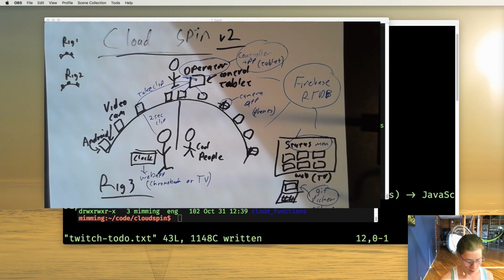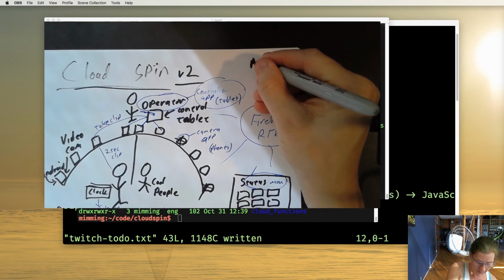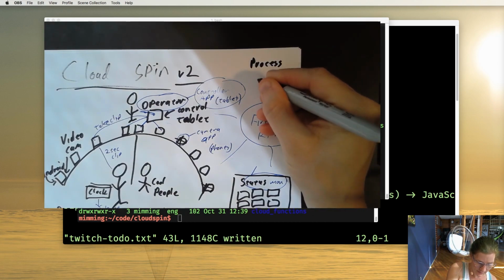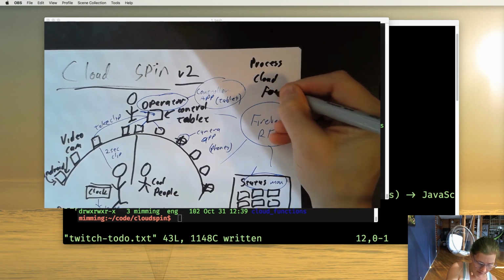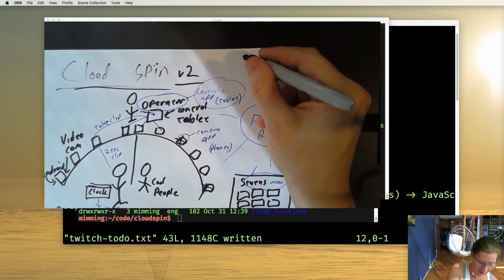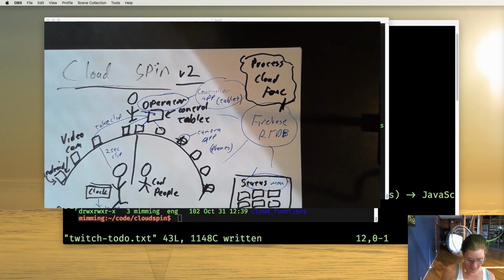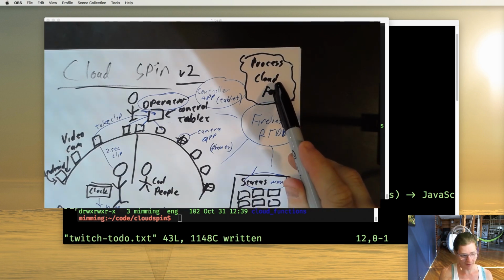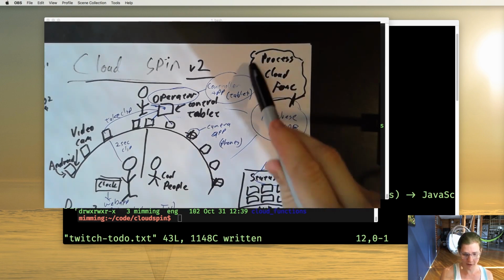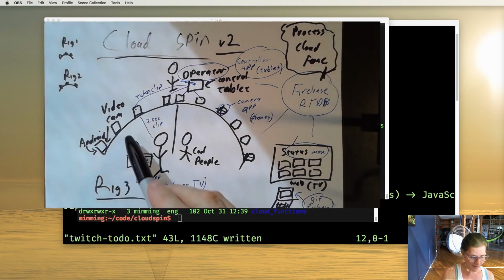Okay, so what we have been working on for a while is, oh yeah, I have another piece here. There's a whole bunch of cloud functions that do processing. That's completely illegible, but that's all of the cloud functions that do all of the processing, which are also connected via the Firebase real-time database. And that's what we've been working on for the first 6 sessions of this stream, just working on some of that processing. Now I'm going to be taking a step back, and I'm going to be spending time